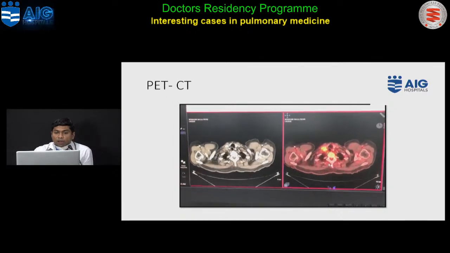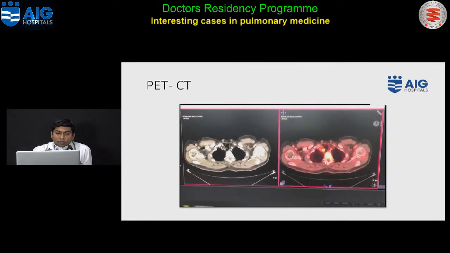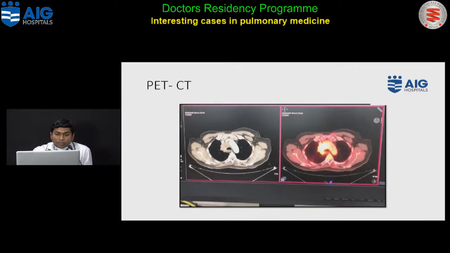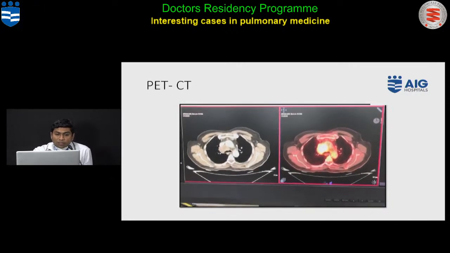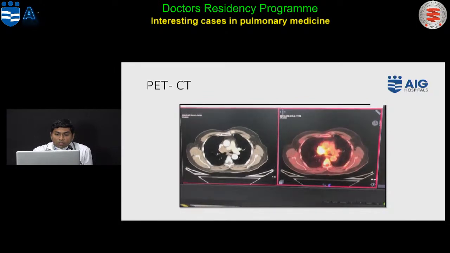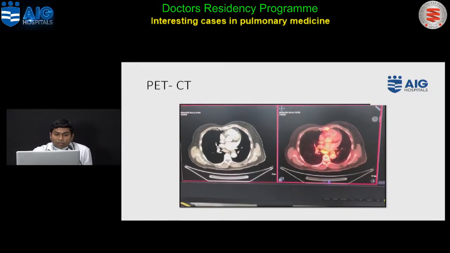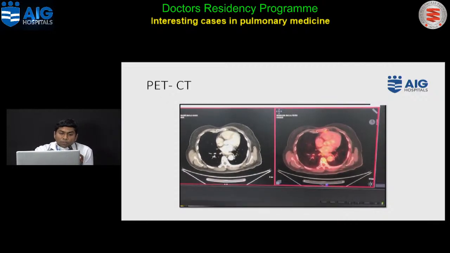this is the PET CT scan of this patient. You can see that this large bright thing is the paratracheal mass lesion, and this is the subcarinal mass lesion, and this is the hilar region. So the bright things are the lymph nodes actually.